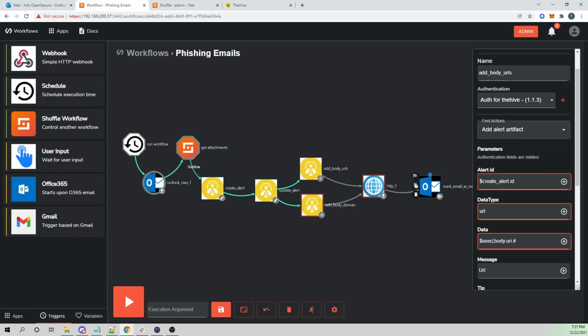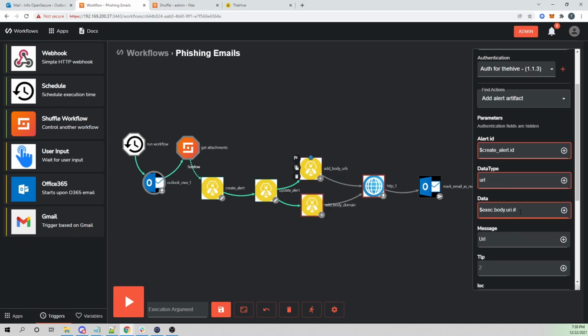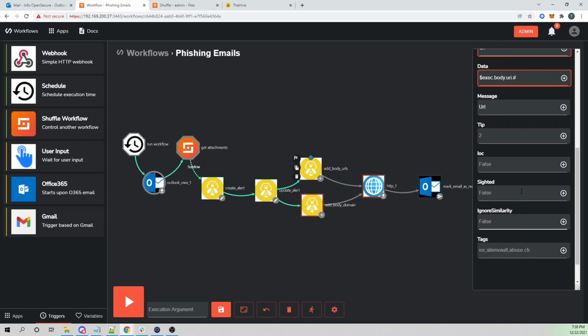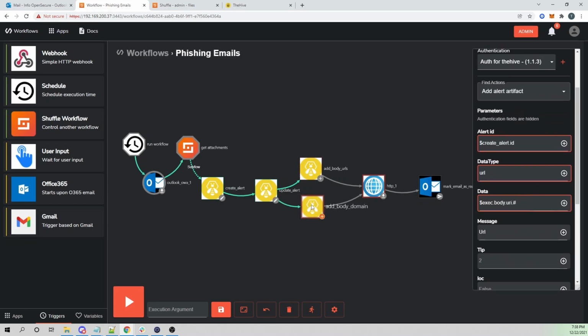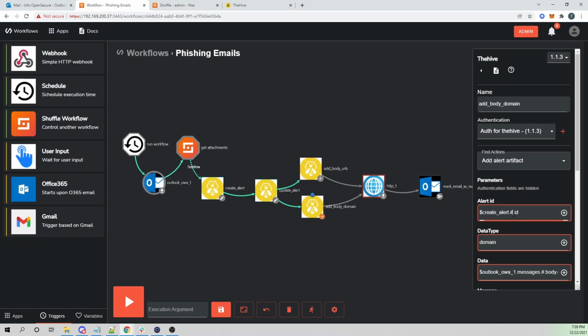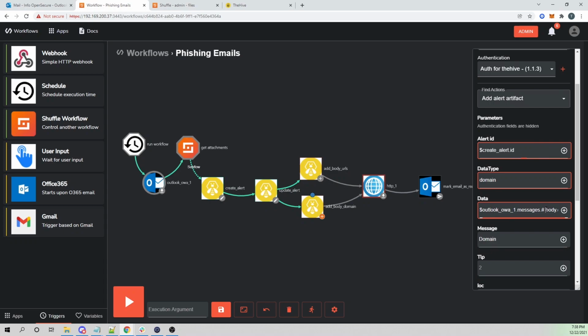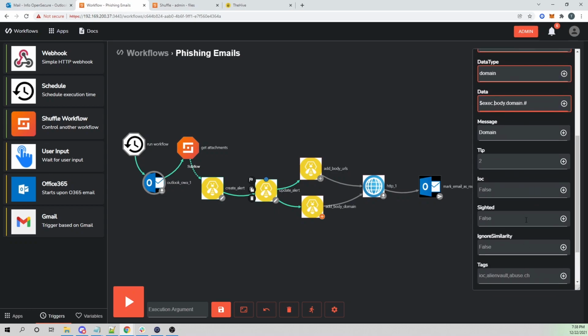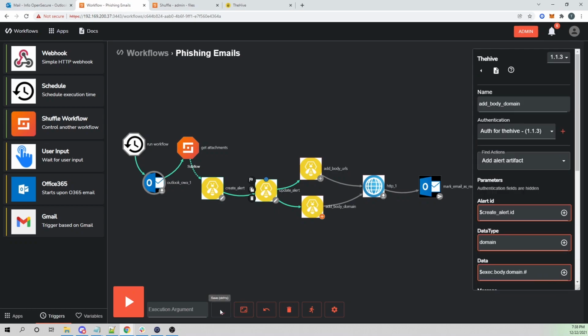I'm going to say body.uri, and we can tell Shuffle to read the list of this value, because there may be more than one value within that data URI. So that looks good. We shouldn't need to change anything else there, so it looks good. And let's do the same for the add body domain. So we're going to remove the hashtag, and again, clean this up. So we should say exec, again referring to our execution argument, and then .body.domain. Okay, that looks good. So let's go ahead and save that